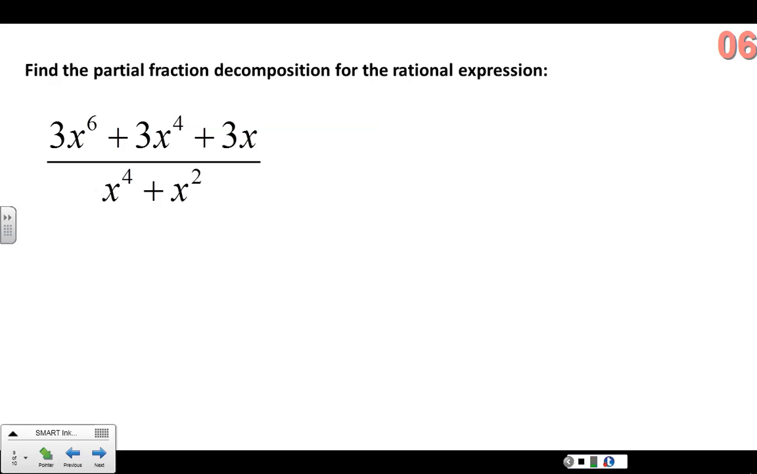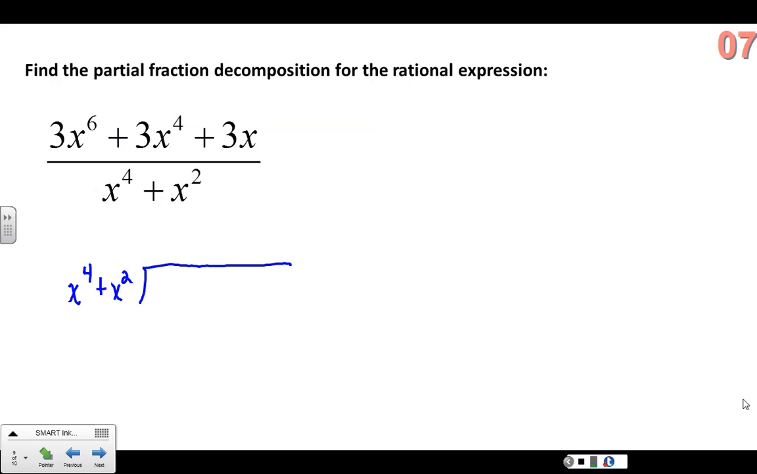This one is the first example that I've done that actually involves an improper fraction. If you'll look, your highest power of x on the denominator is 4. Your highest power of x in the numerator is 6. So according to our instructions, we were told to divide first to simplify this out to see what we could do. So let's divide x to the 4th plus x squared